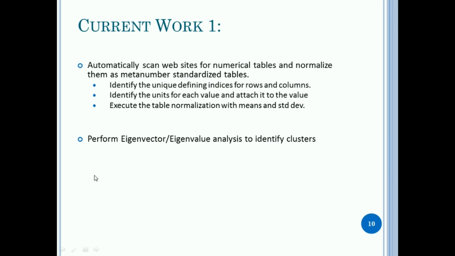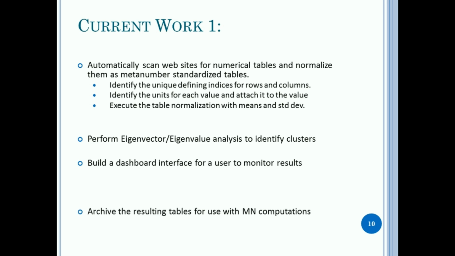We have built automated algorithms for this processing, but we really still need to build better user tools for a user to submit tables that are normalized MetaNumber tables to find these clusters. We then intend to archive the resulting analysis along with each table as it's processed and build a dashboard to watch this.